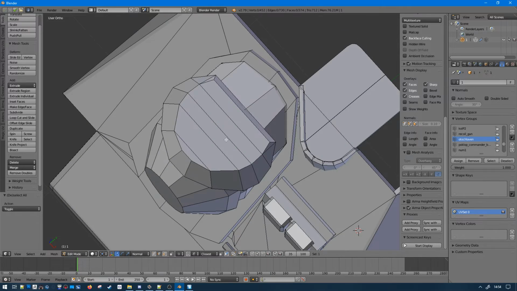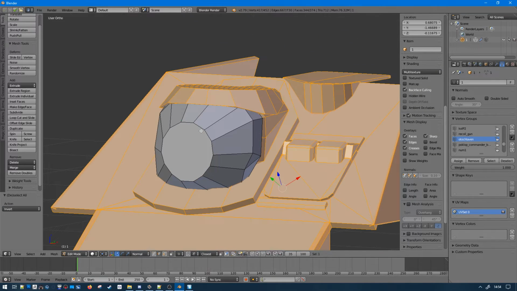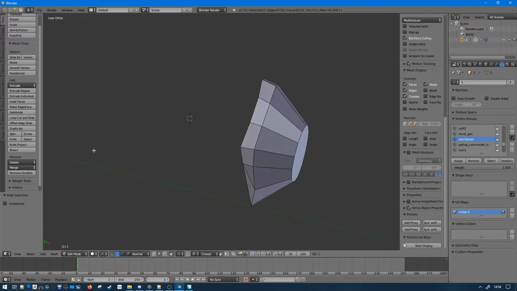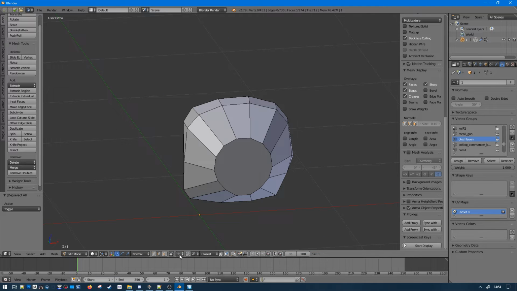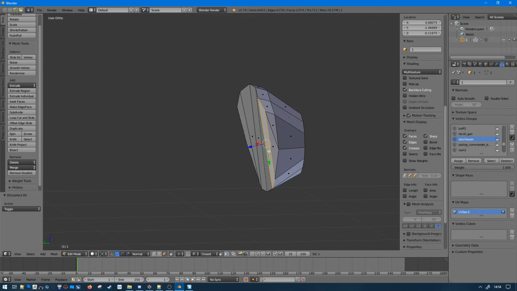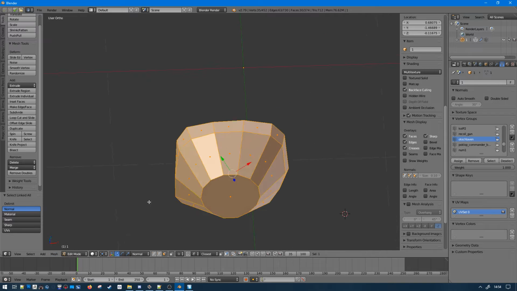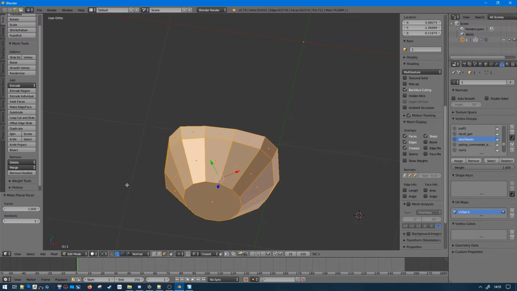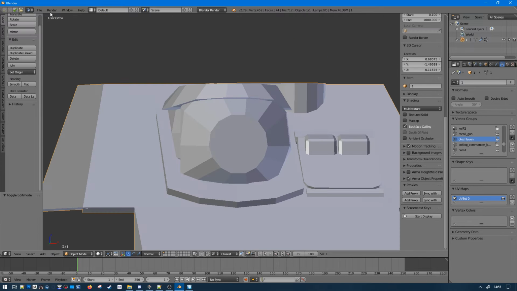I did revert in object mode. So I'm back to this. Well, I'm going to try this way. Clean up, make planar faces right there, and we'll see.